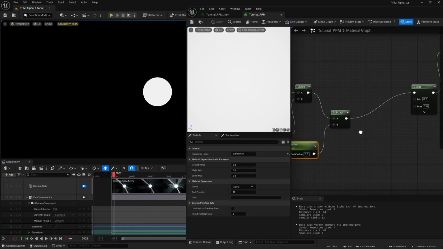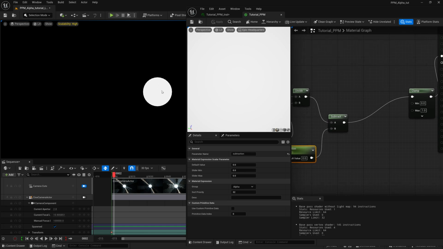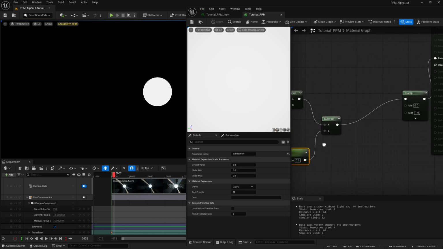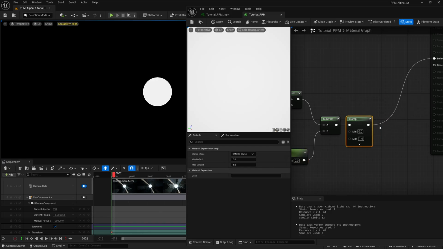So your white levels might go down as well. So what you can do is after the clamp node,